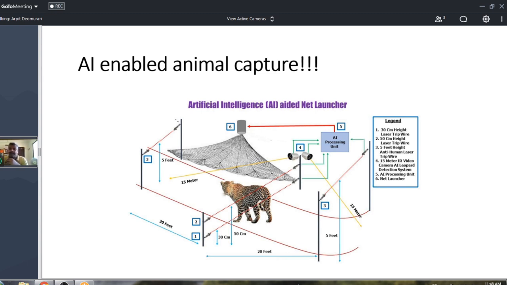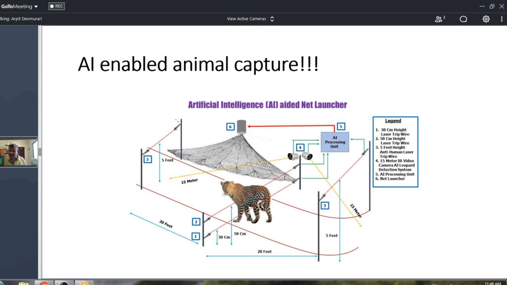so we're developing a smart camera, a smart animal capture. Traditionally, what people do is put up a cage and a bait, a goat or some animal kill. The animal comes, gets in, it releases, and it captures. Now the animal is smarter. I've seen and experienced some of the tigers and particularly leopards. They are so sneaky, they don't get into your trap. And it takes months to capture those rogue animals, and it creates havoc in a community.